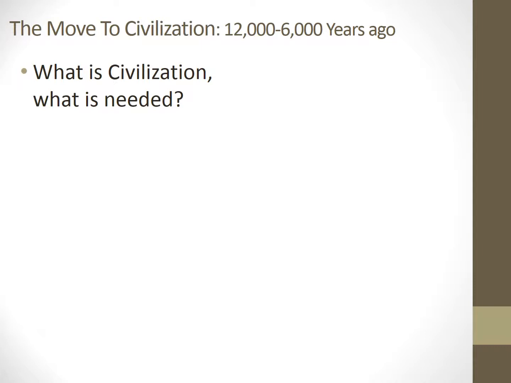But the move to civilization really embodies the basic change towards the development on a basic level of modern society, of permanent communities, of modern agriculture, allowing people to effectively live in cities, in permanent communities, and to develop the things associated with modern societies: the arts, philosophy, history, modern advanced religion, government, are all products of the move to